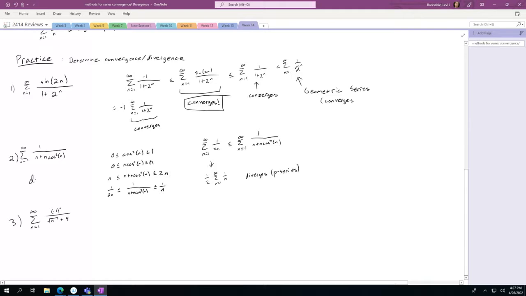So our overall series would diverge, specifically by direct comparison, to 1 over 2n. I believe there's a question like this on the quiz. Because I went directly to the... Yeah. Remember, we need to show that the smaller series diverges in order to show that the bigger one also